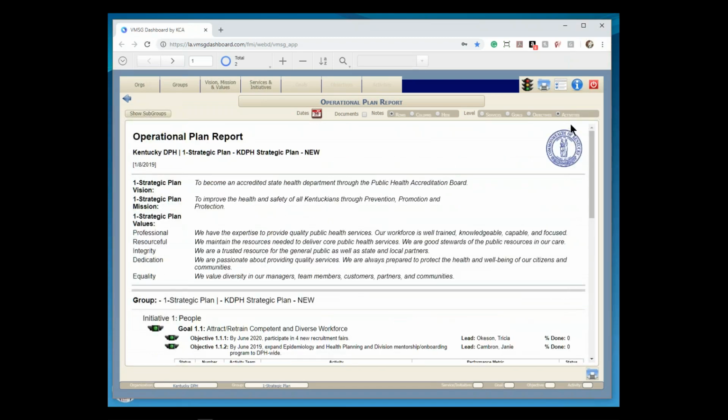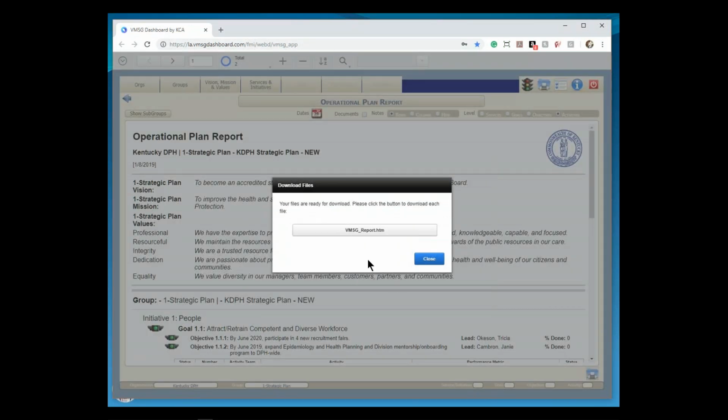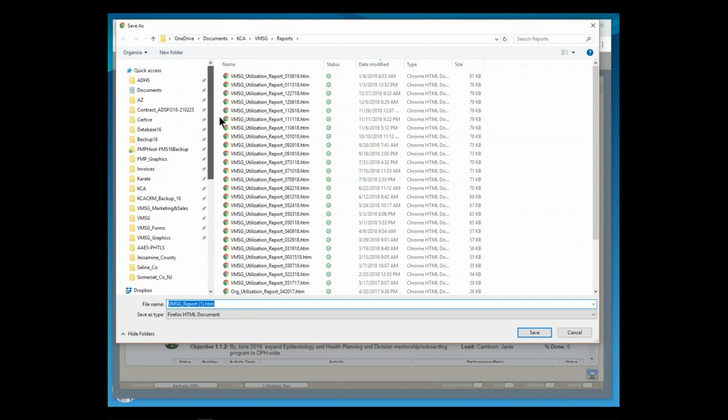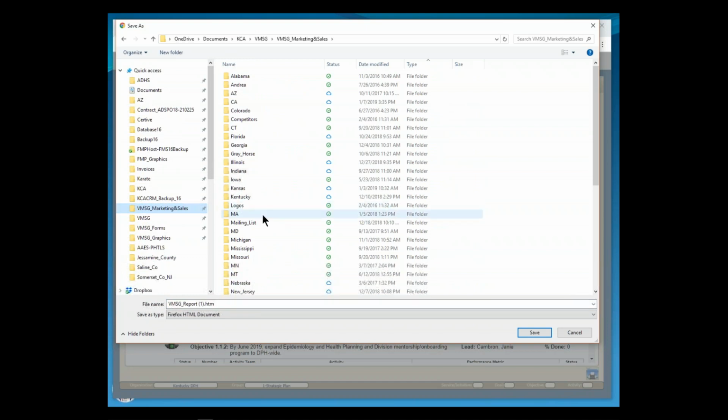Now, I've got this report down to the activity level. If I want to actually print out that report, that's what this little button down here is for. When I click on this, it's going to pop open this window. The default name for every report is VMSG report.htm. So I'm going to click on that, and it's going to take me in to pick a real name for the report. So I'm going to go into your guys'